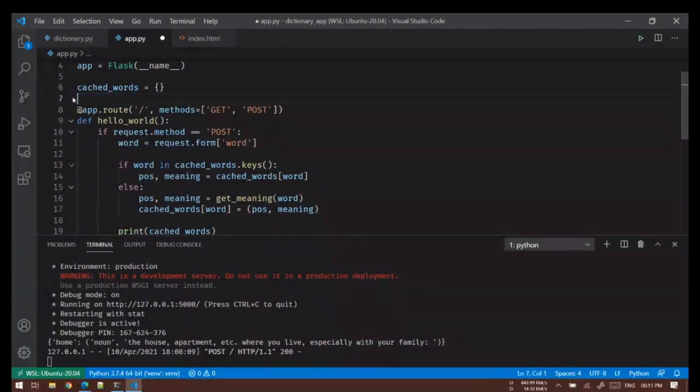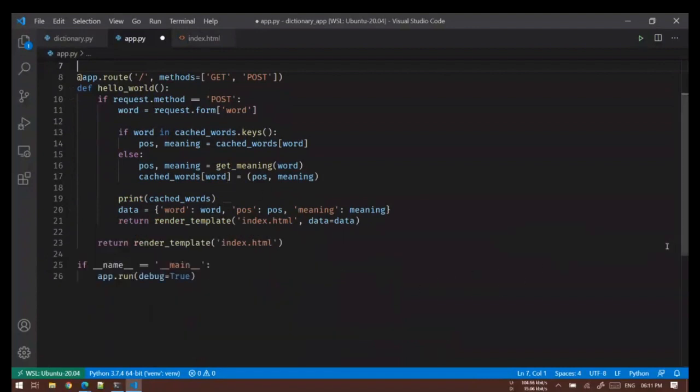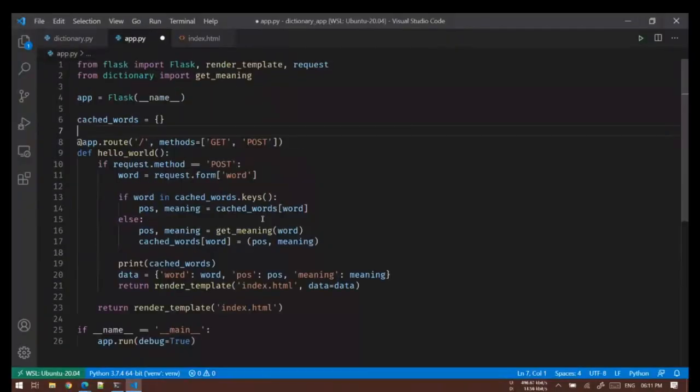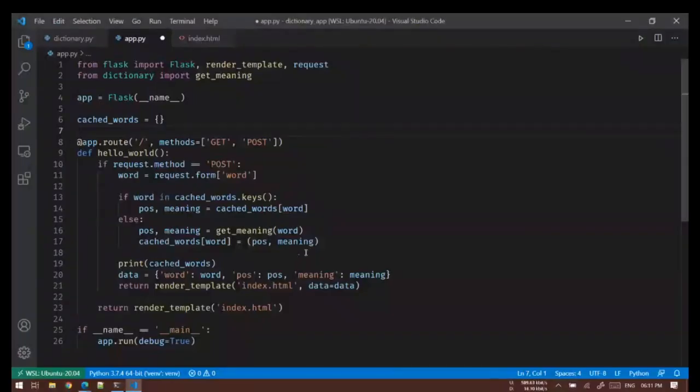So we are only left with databases, and we'll see how we can use databases after a break. Okay, so we'll add a database to this front end application that we have created, and we'll get the same app, but it will be mostly using a database in the backend to save all the words that we have already searched.